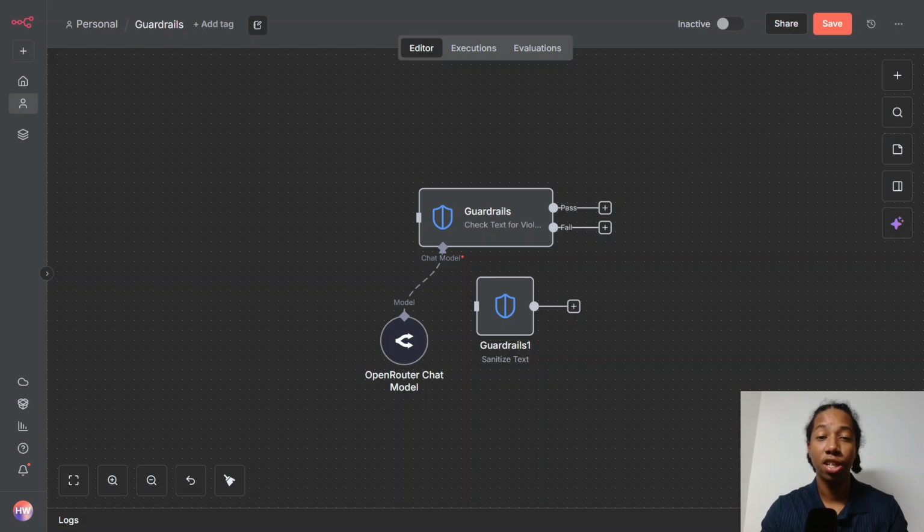So n8n have recently introduced guardrail nodes into their workspace. These nodes can be used to protect sensitive data against other users or AI models. They're also used to check output data before being published. But today I want to show you guys what these nodes are, how they work, and how you can implement